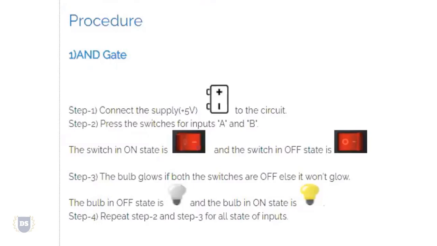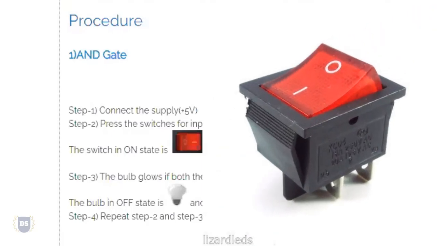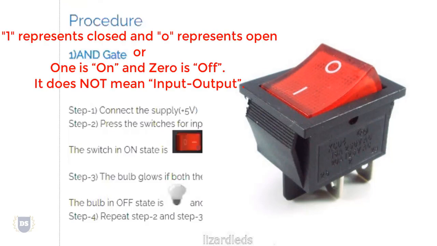The switch is in on state. Carefully look at the switches that you have back at your home. It will have something like this. One end of that will be 0 and the other end will be 1. So this 0 is actually an O. O over here represents that the connection is open, whereas 1 represents the connection is closed. And only when the connection is closed, I can have current flowing through that path.